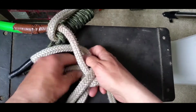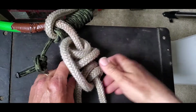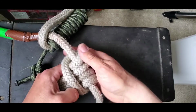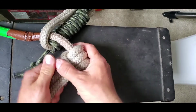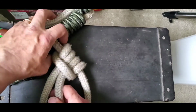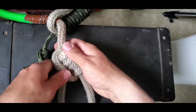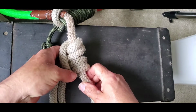And then this comes around, comes through here twice. Now this could be 3 loops in here. It was all fine in the beginning. When I set it, I put my weight on it. And something happened. Now let's see, we get it to set. Yeah, it's set right away. Pulling on it pretty hard. And you keep tightening it up. What happened yesterday is it started slipping on me